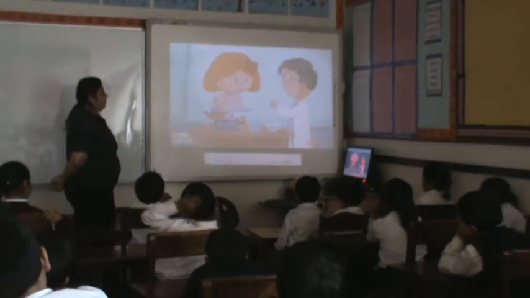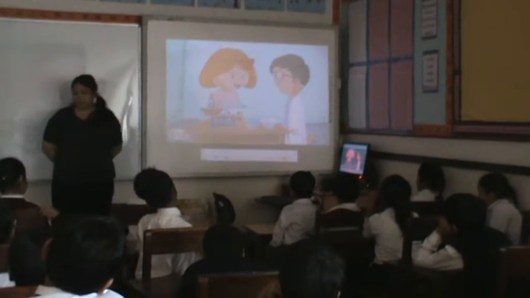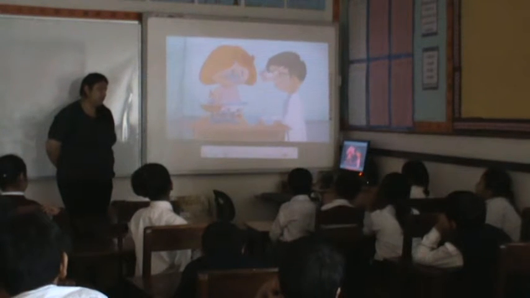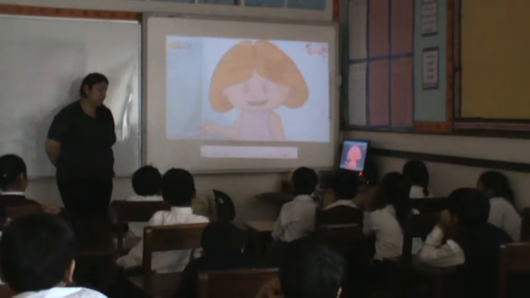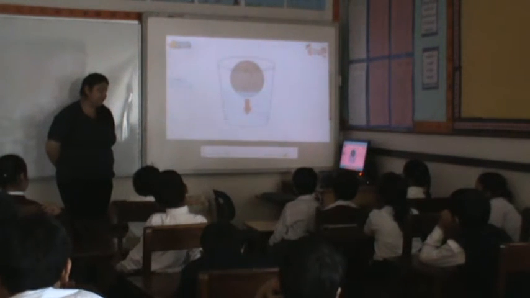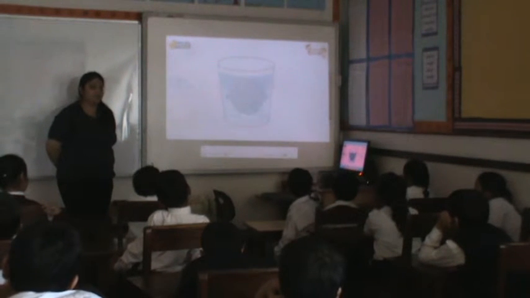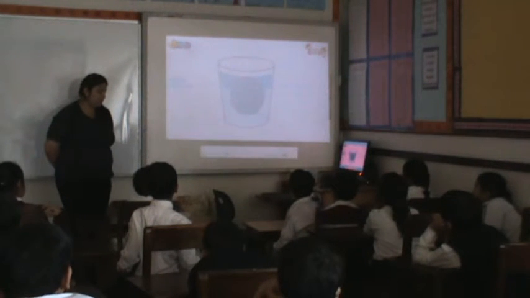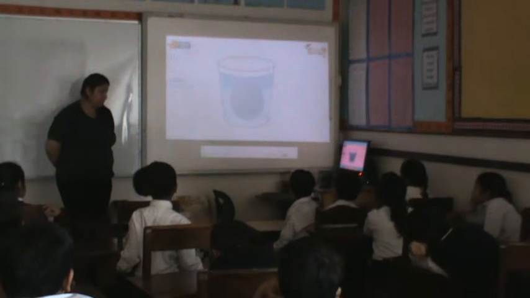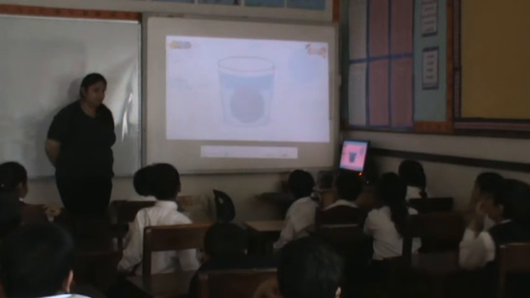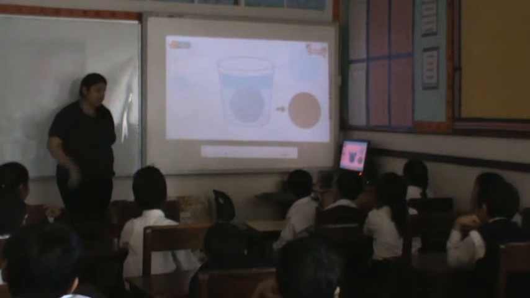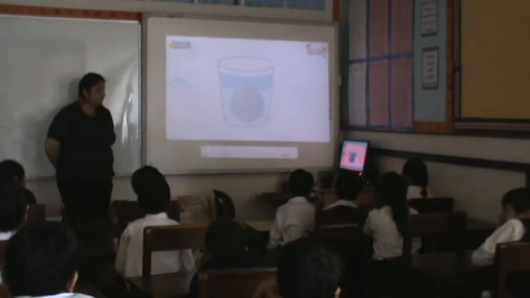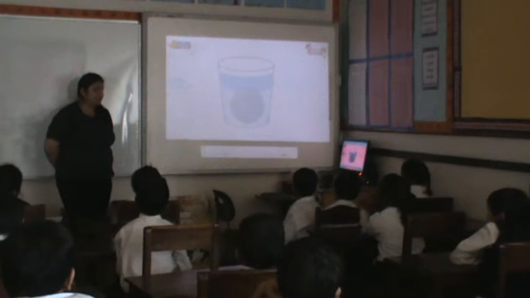Oh, now I can tell why the bowling ball sank in water. Why? Because the weight of the ball is more than the weight of the water it displaced. That's right. As the ball moves down, it pushes the water up. Once the ball is completely underwater, it has all the space it needs. Then the water stops moving. The volume of the displaced water is equal to the volume of the ball. But volume is not what makes the ball sink. The ball sinks because it's heavy.